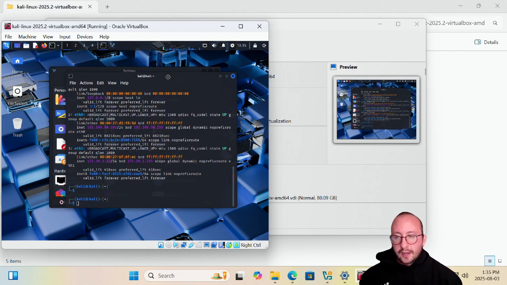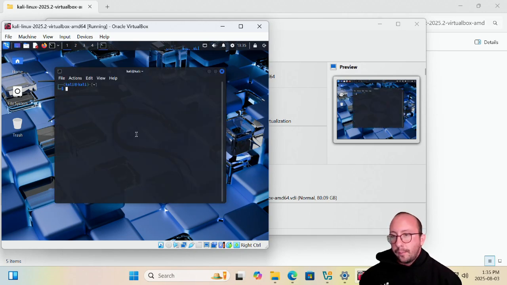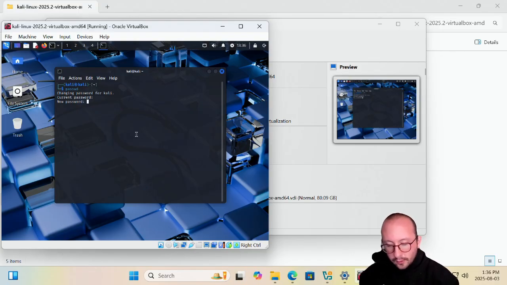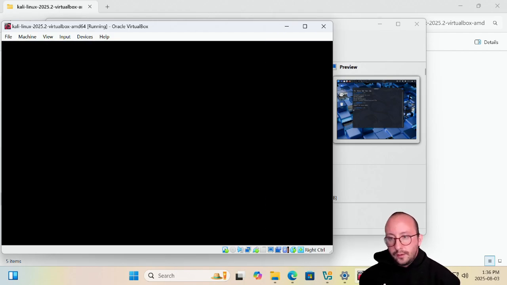All right, so once we have done that, we have one last thing that we want to do, and that is we are just going to open up the terminal on our Kali box, and we're going to do passwd here, and it's going to be changing the password for our Kali machine. So as I said, the current password is just Kali, and then there we are going to want to put in our own password here. So you're going to want to put in a password that you can easily remember, but it is secure at least. And there we go. And now if I just do a reboot here,